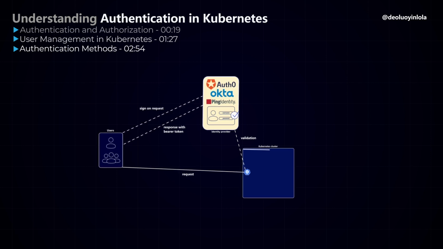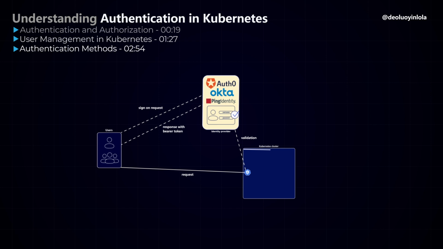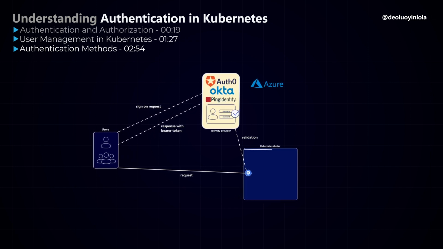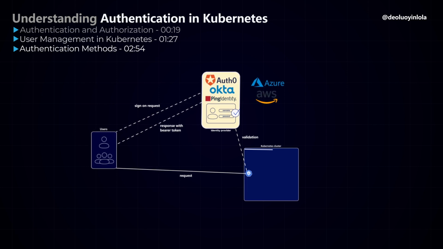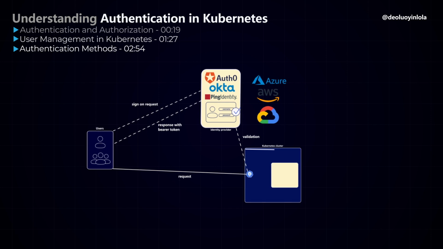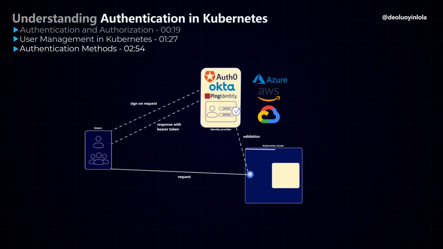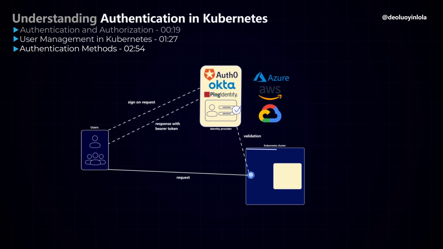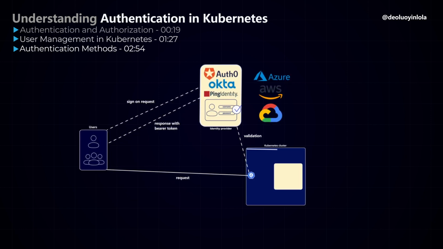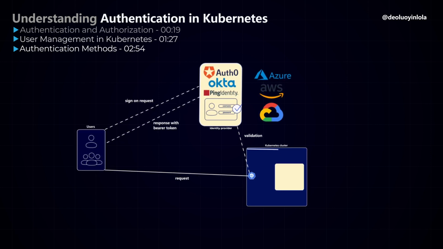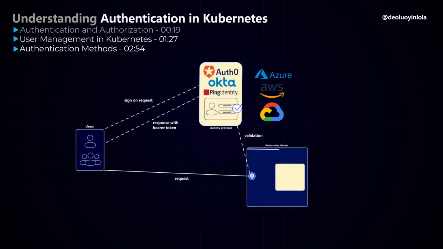The most significant issue with using OIDC for authenticating in Kubernetes is the limited availability of OpenID providers. But if you are deploying in a cloud environment, top cloud providers such as Microsoft Azure, Amazon Web Services, and Google Cloud Platform have their version of OpenID providers. So you do not need to worry much about configuring the Kubernetes API server and making it work with your chosen OpenID provider. You get it along with the managed solution. And the last method we will look into in this video is